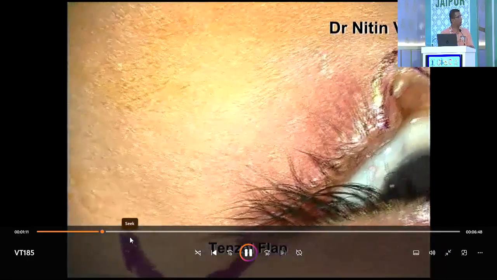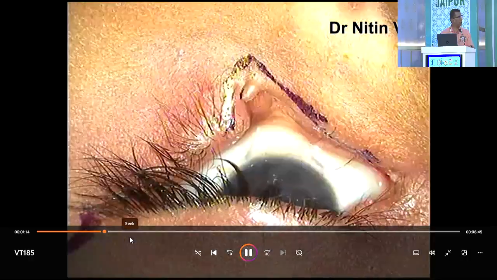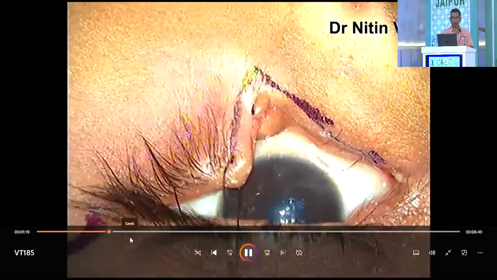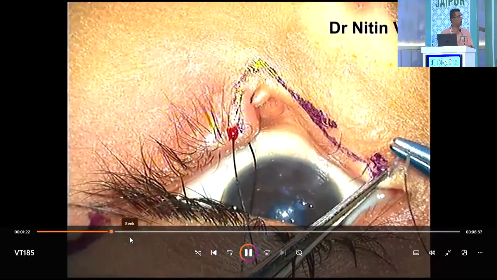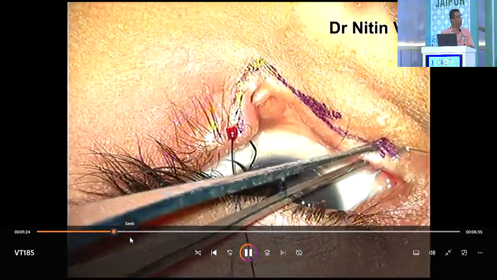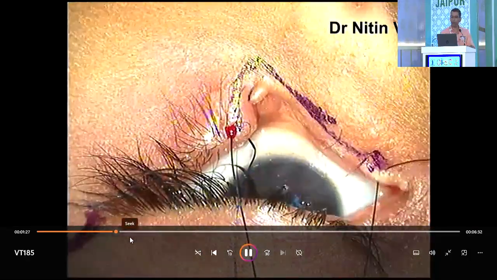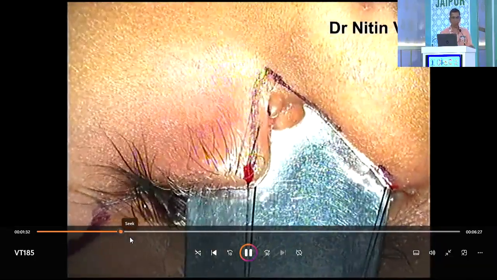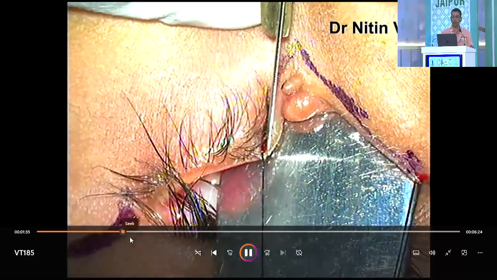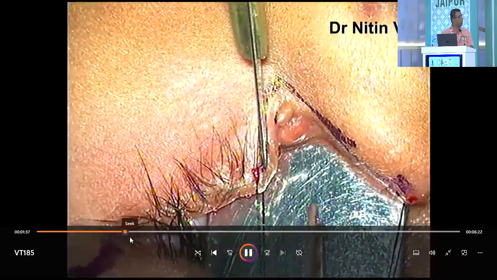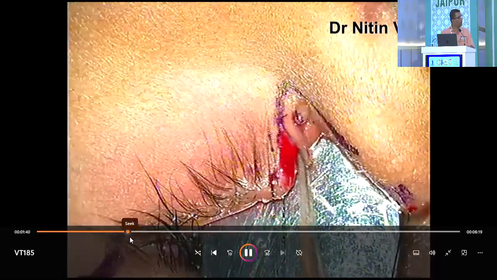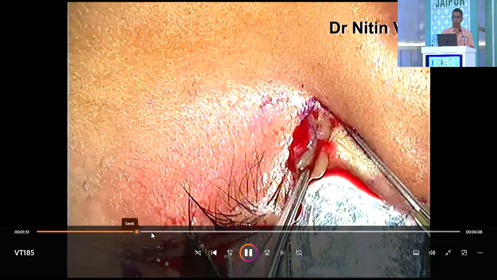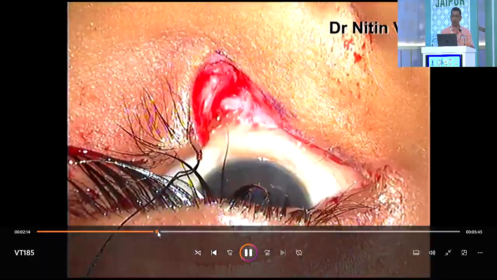In this case, I planned for the tenzel semicircular flap. How much of the flap would be raised was marked. After applying traction sutures at the medial and lateral end of the fibrous tissue, the remnant of the tarsal tissue, the coloboma was excised. As you can see, the lid guard was placed to protect the corneal tissue. Coloboma was excised, and after achieving hemostasis,